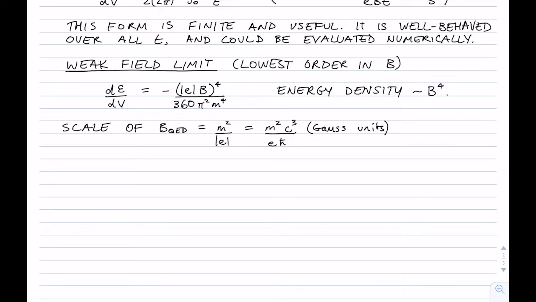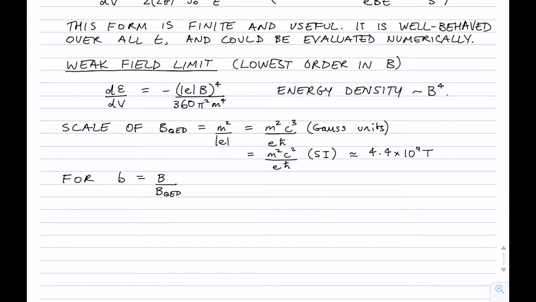Or in SI units, and that comes out to something like 4.4 times 10 to the power of 9 Teslas. And so I can write for magnetic field B, if I write it in terms of B_QED, in other words,